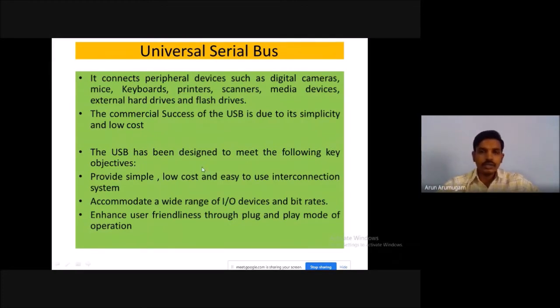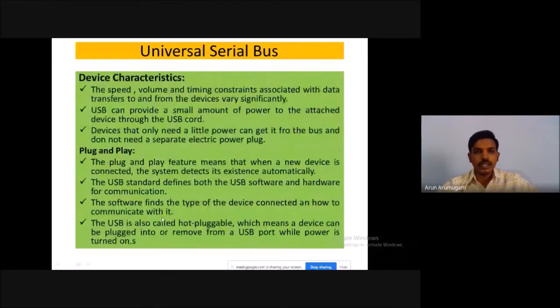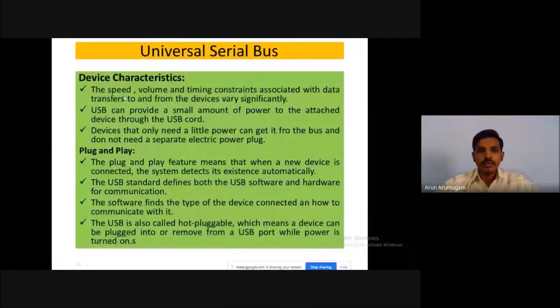USB has been designed to meet the following key objectives: provide a simple, low cost, and easy to use interconnection system, accommodate a wide range of IO devices and bit rates, and enhance user friendliness through a plug and play mode of operation. The speed, volume, and timing constraints are associated with the data transfer from the devices.